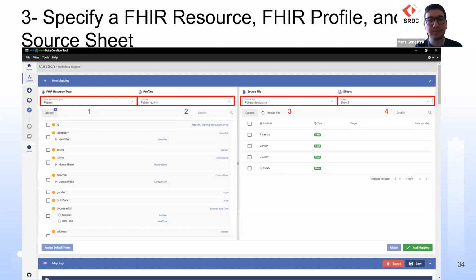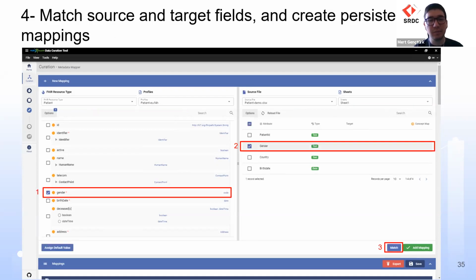Next slide, please. As an example, I am mapping the gender attribute. So on the left-hand side, I selected the gender field of FHIR. And then on the right-hand side, I say that, okay, gender corresponds to the gender column in my Excel file. After selecting these two boxes, I select the match button.